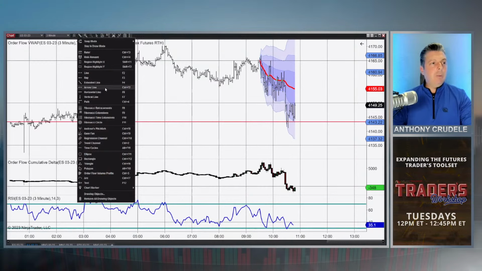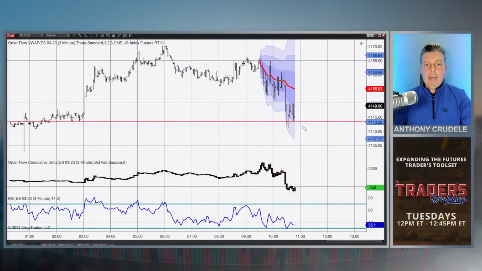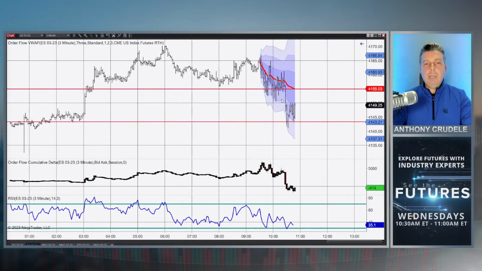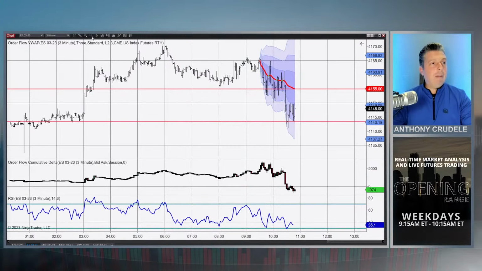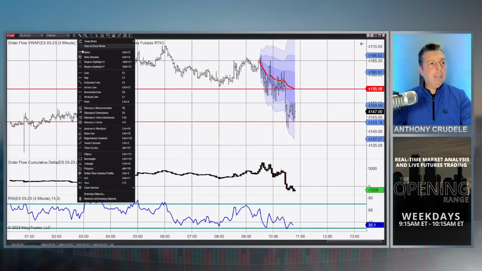So what I do is I take my horizontal line and I say, okay, what's my target? Let's say my target is 41.55, the VWAP, right? So initially I'll look at it and say 41.43 support, 41.55 target. So you've got 12 points potential, right? Let's just say, for example's sake, you're going to risk 50% of what the potential target is. So you've got 12 points of potential profit and 6 points of risk.